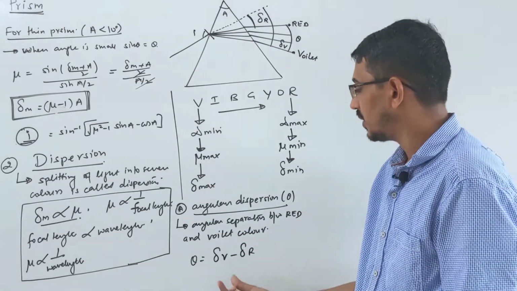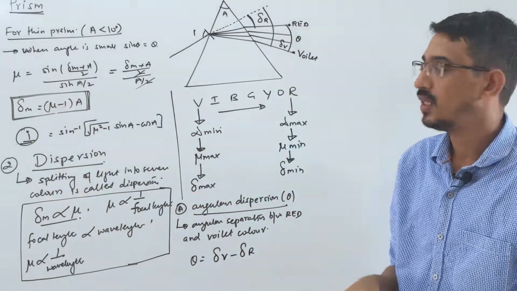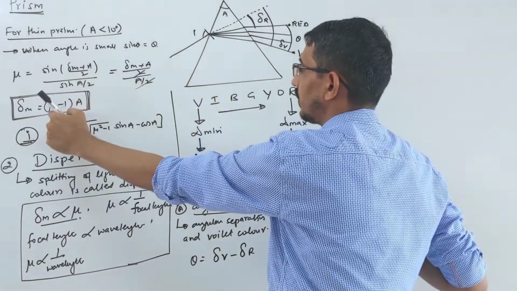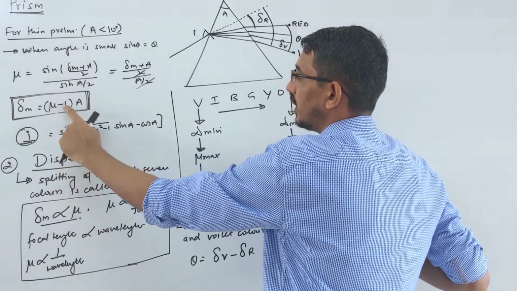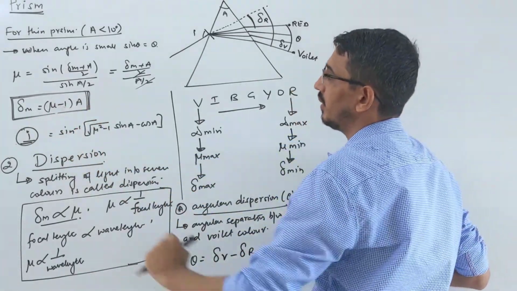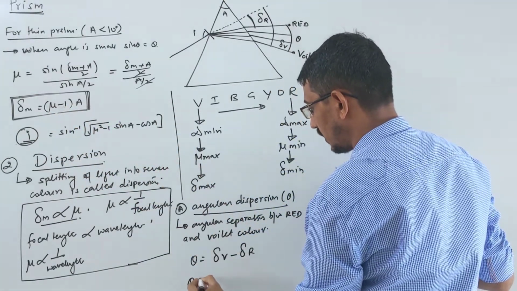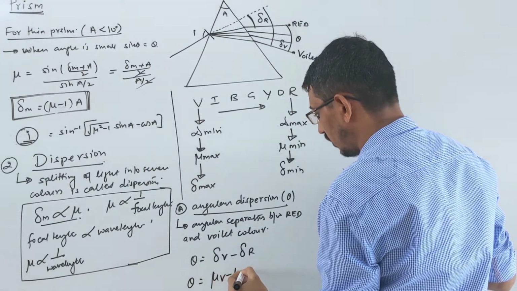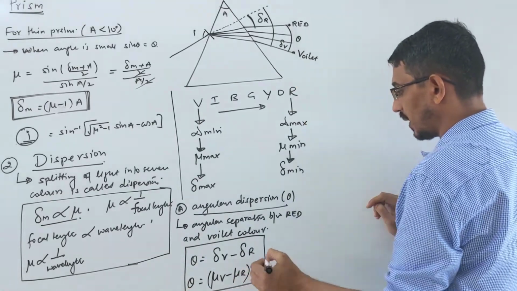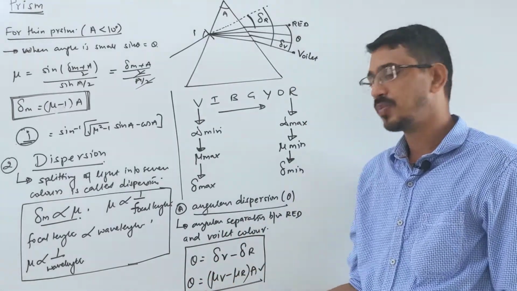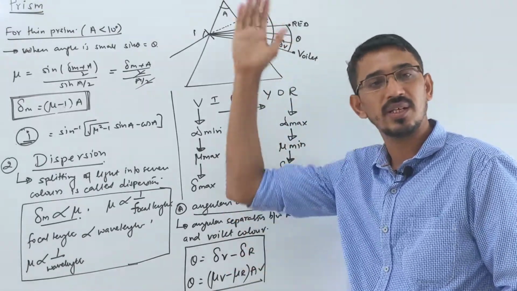If you know the deviation, but generally deviation we don't know. Generally we know the refractive index and the angle of the prism A, right? So look here, from this formula I am putting: the deviation of the violet color, del violet, will be mu violet minus 1 into A. The deviation of the red color is mu of the red color minus 1 into A. We put both values here. You see A is common. So theta is equal to mu of the violet minus mu of the red into the angle of the prism. This is the way to write your dispersion. Most of the time we'll use this format. So what is the angular dispersion? The angular separation between 2 colors. Generally red and violet color we'll talk about, first and last color, right?